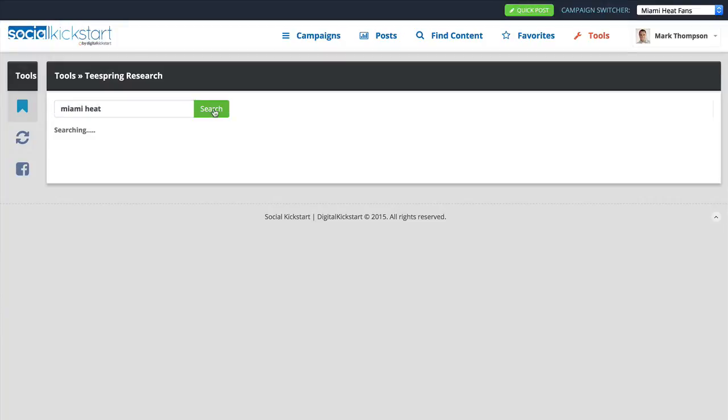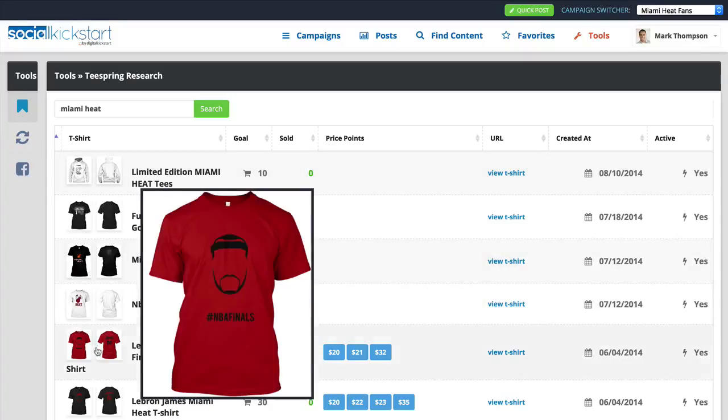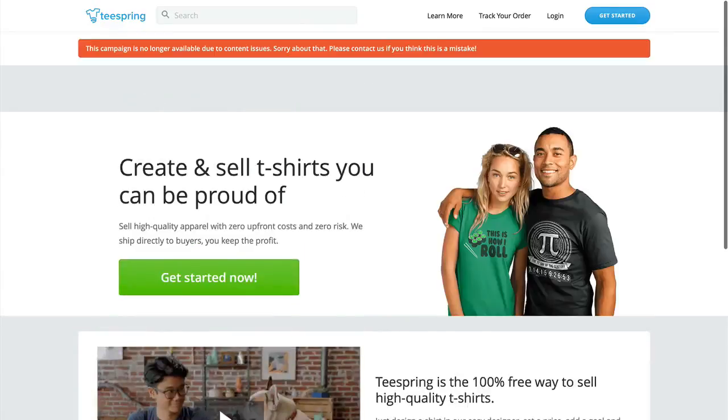Well, I'll just use the same Miami Heat example, and it goes out to Teespring and finds all of the t-shirts that are being sold on that site. And it can give you ideas as to what type of t-shirt designs you should create, right? What price points they're using. You can view the shirt, when it was created, if it was an active